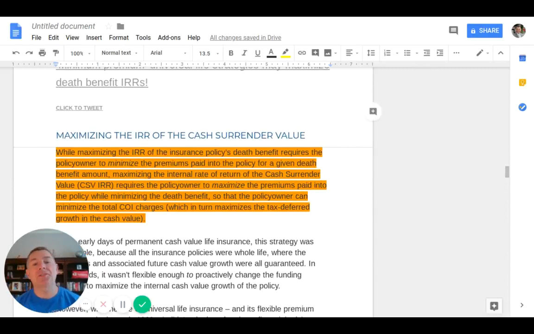So we talked about this is the death benefit. Now we're going to talk about cash surrender value. And everything's upside down, man. It's like watts, volts, and amps. I'm just telling you, one goes down, the other goes up. It has to. And the same thing is going to happen here.